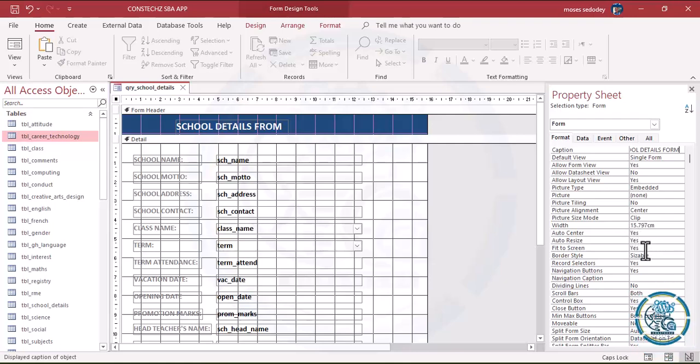Okay, auto center, yes. Navigation button, no. Border size, make it dialog. Record selector, no. Okay,